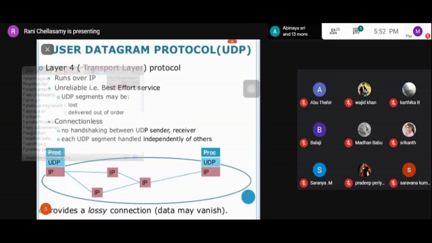The sender won't get any acknowledgement from the server about the lost packet, so it is called an unreliable transmission. The UDP segments can also be delivered out of order. The order may be changed at the destination, and the sender will not be notified. For these reasons, we say that UDP is an unreliable transmission protocol.